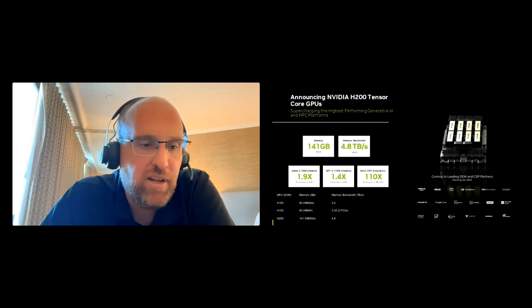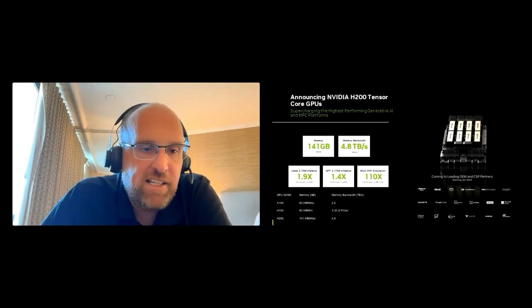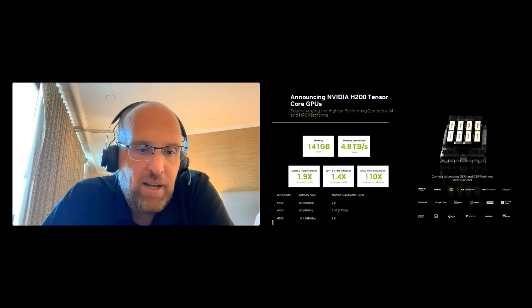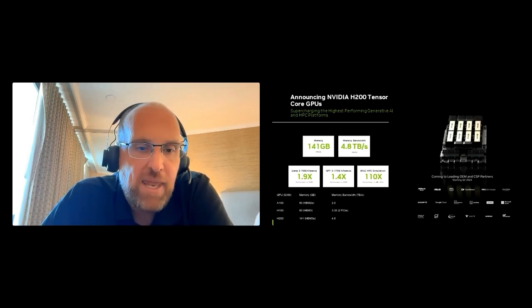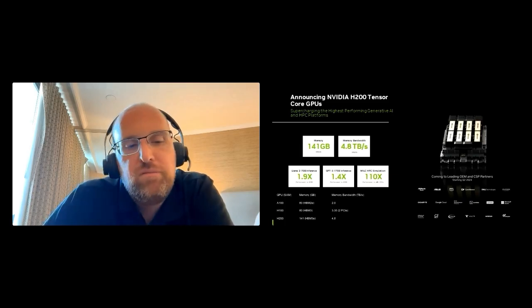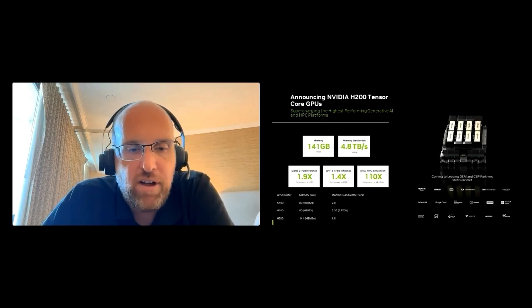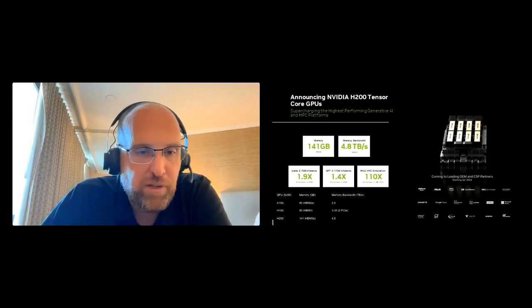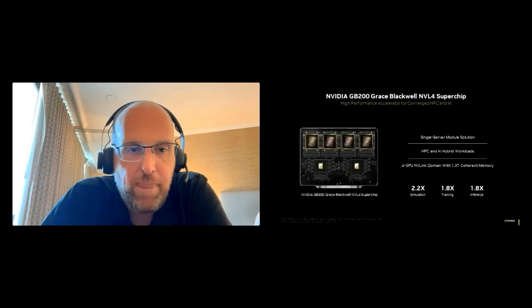So A100, Ampere, Hopper, H100, H200. And what you can really see is the amount of GPU memory going up, and on B200 it's up to like 190 gigs of GPU memory, and the memory bandwidth going up as well. These two things predict how big a model you can run on GPU for accelerated computing, and also how fast it is. A lot of models are limited by the memory bandwidth. So every release, these things go up, which enables even greater performance.